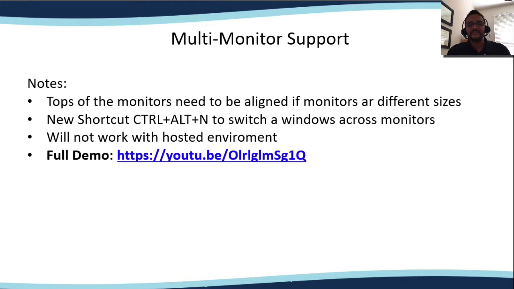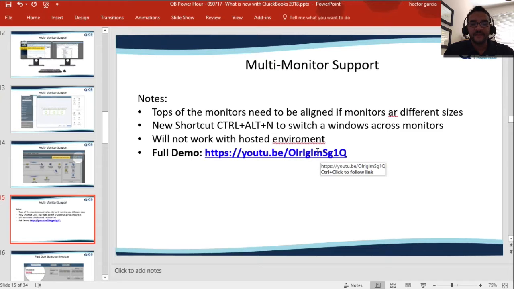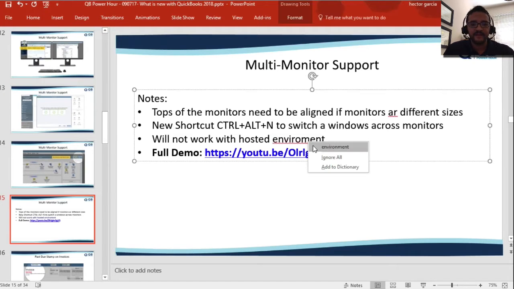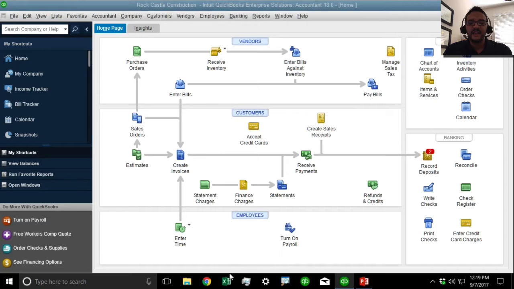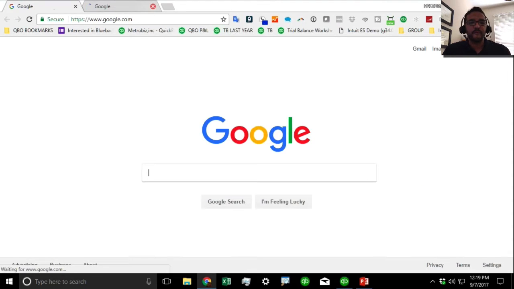The demo is on that YouTube video, and I'll go to it real quick to show you what that looks like. And just remember the Control Alt N shortcut. It's a really important one to know. Let me go into this video to show you. Particularly important is a lot of folks that use QuickBooks Desktop nowadays are using hosting. So they're using Right Networks or some sort of remote